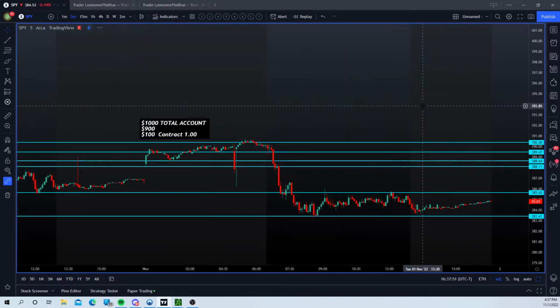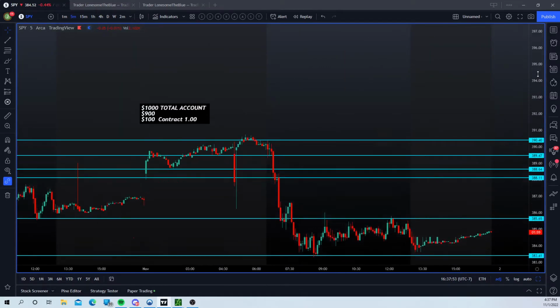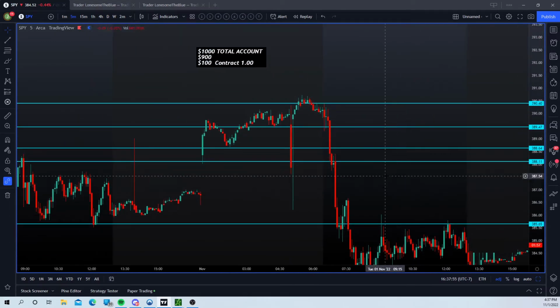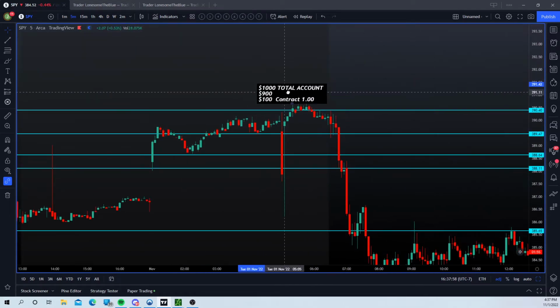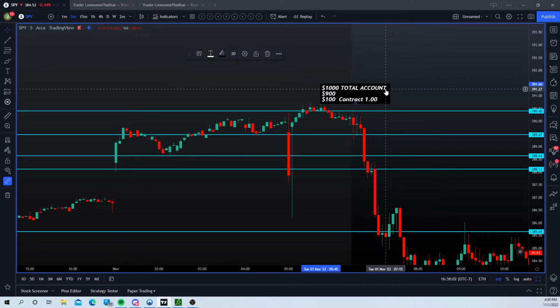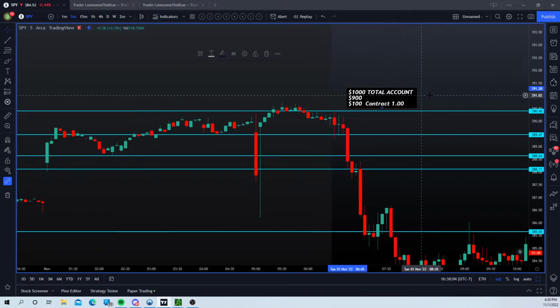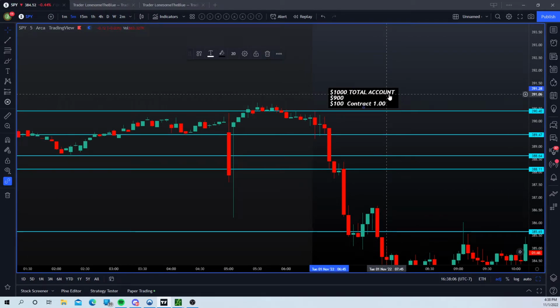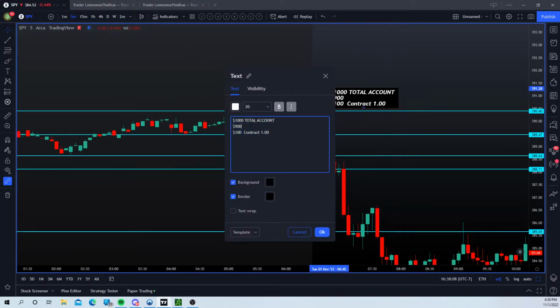This is what I really love using, and this is how I get really less risk management. So even if you have all these levels here, and you're using the 5 minute, which is a really good place. But even if you use the 1, I'm just going to leave it at the 5, right? So let's say we're at the 5 minute. We're starting off today with a 1K account, right? We're starting off with the 1K, and we buy one contract of 100.